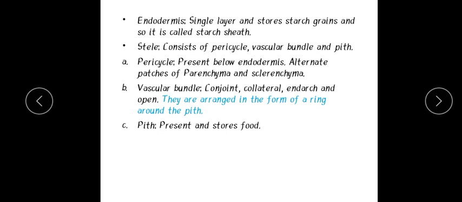Okay. Here an important term is there, children. You have to underline in your textbook. There you can see the vascular bundles are arranged in the form of a ring around the pith. Such a condition is called eustele. Okay. Next in the order you have got the pith, whereby the pith has several layers of parenchyma cells, and this is the area which stores the food material. Okay.